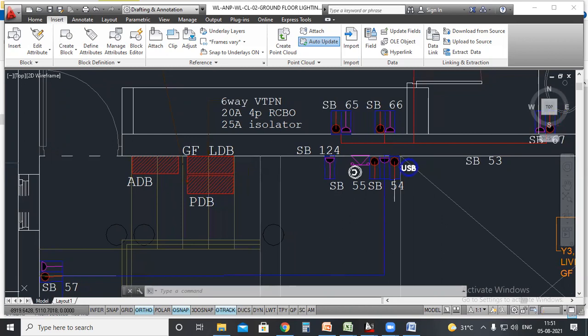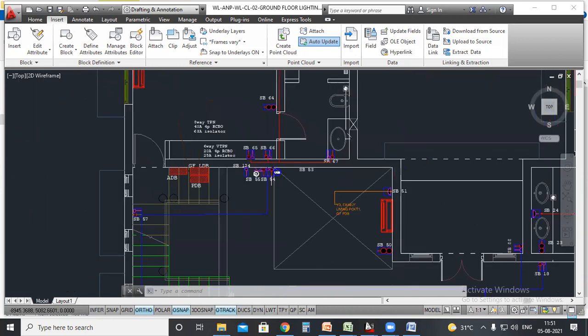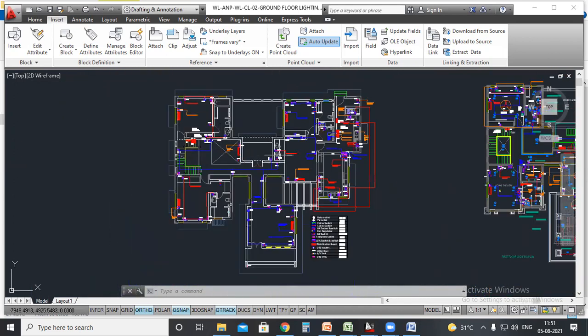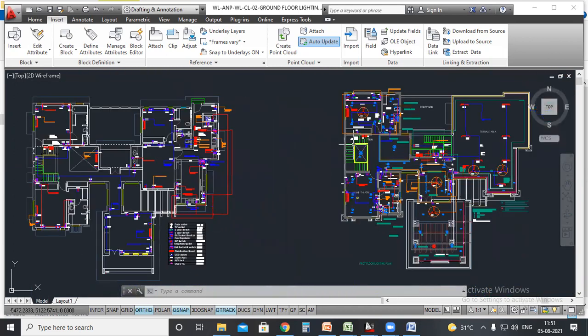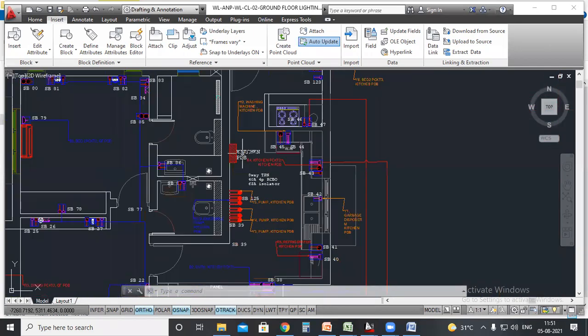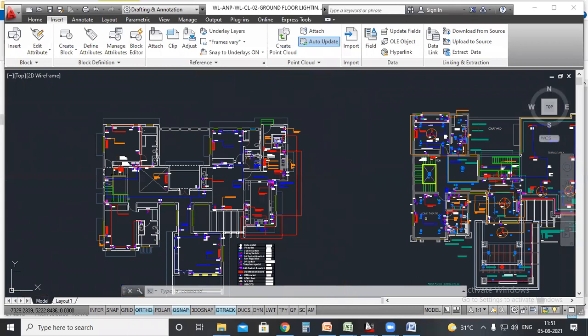So the ground floor LDB and PDB are located here. These are actually located up and down. Okay, the LDB is located downwards, and the PDB is on the upper side. That is why it is shown in the same place. Okay, and finally the kitchen PDB you can see here. This is the location for the kitchen PDB. This architectural drawing also had the elevation drawing, so we could easily recommend the levels for each equipment.